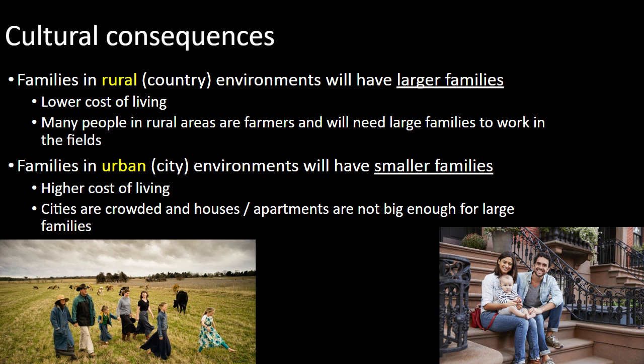So if you live in Dallas, the average price for a 2-bedroom apartment is like $1,800. $1,800 in a rural area will give you a house with 5 or 6 bedrooms. I'm not kidding. That's actually true. So the cultural consequences is that you're going to see a divergence